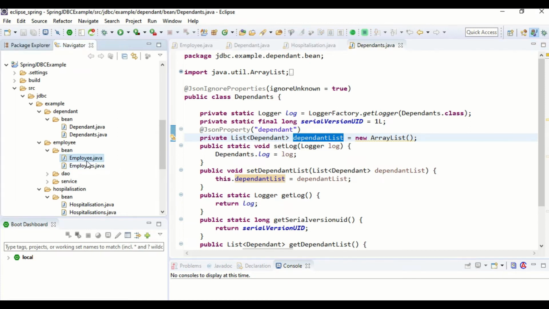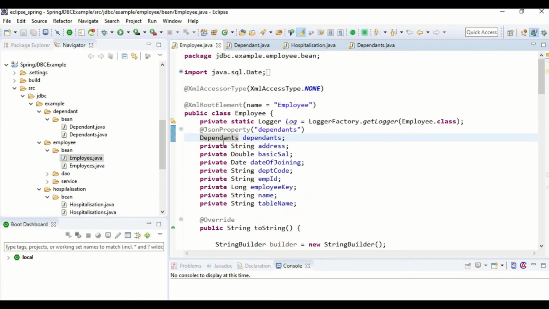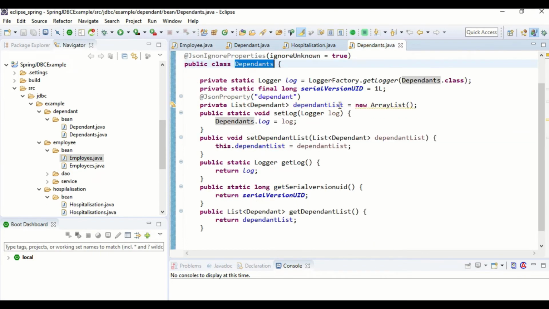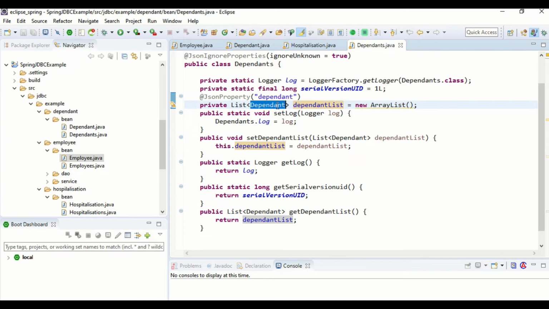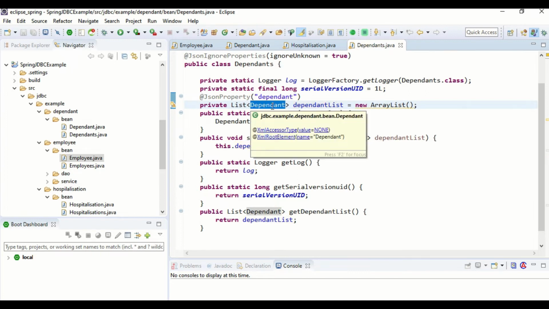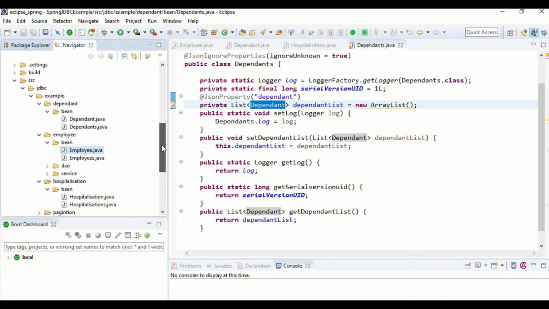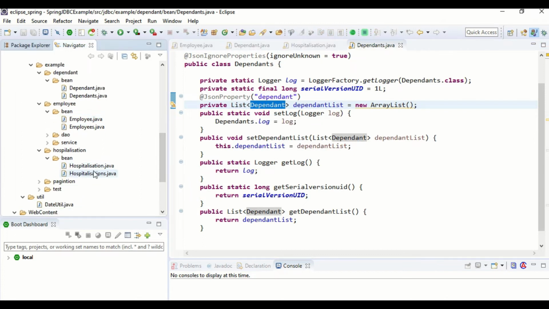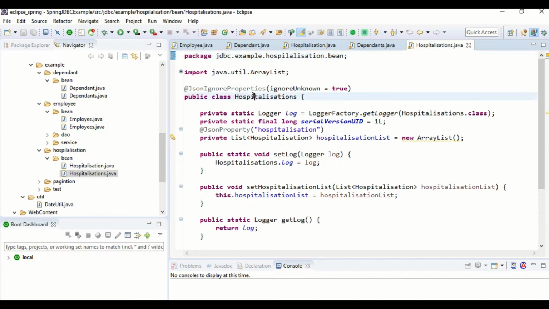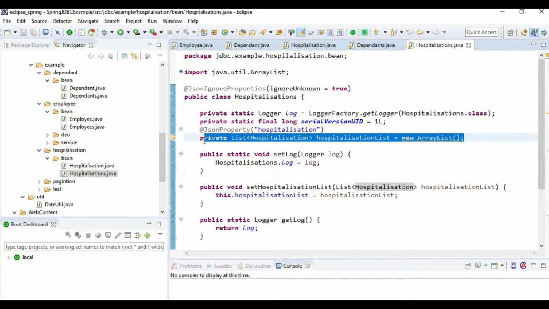Employee will have the relationship with the dependents, and dependents will have the list of dependent. Similarly, let's look into the relationship between the dependent and hospitalization record. We have another class, hospitalizations, where we have a list of hospitalization records.